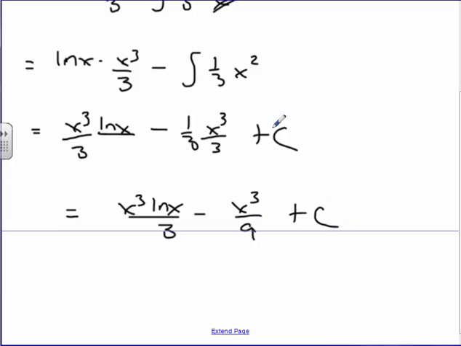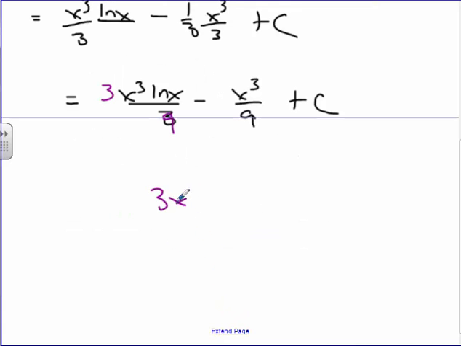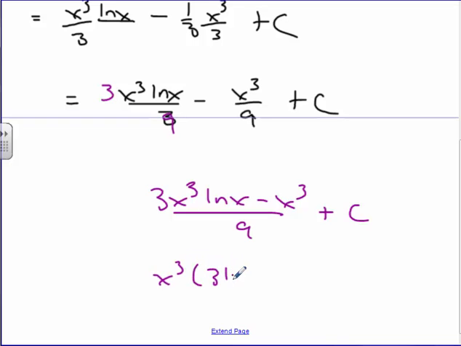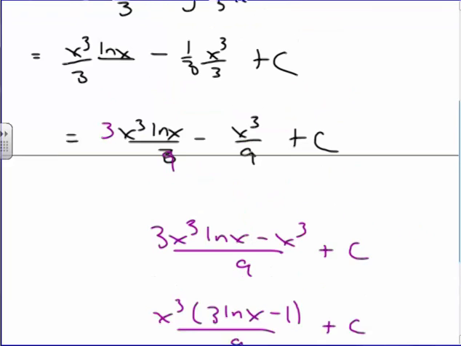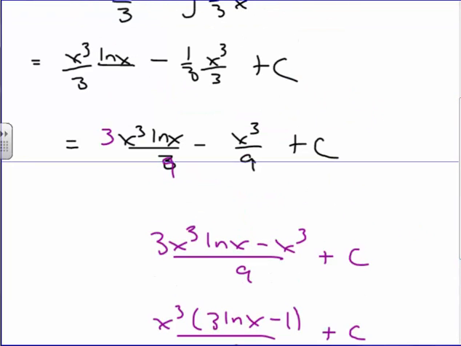Now that's a good place to leave it. You could, in theory, do this and make it 3x to the 3 ln x minus x to the 3 over 9 plus c. You could even factor and make it x to the 3 bracket 3 ln x minus 1 over 9 plus c. But really any of these should work, so I would be fine if you just had left it as